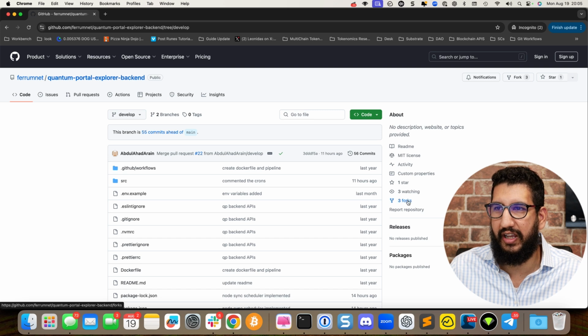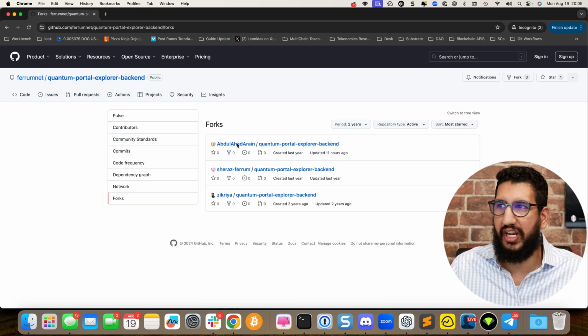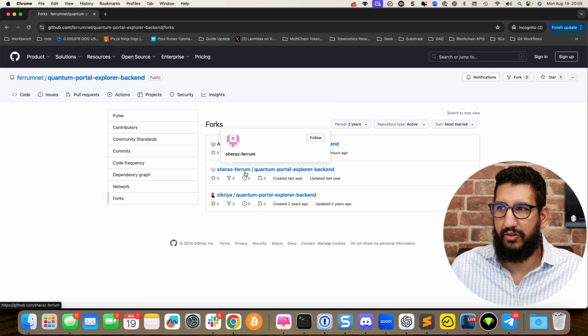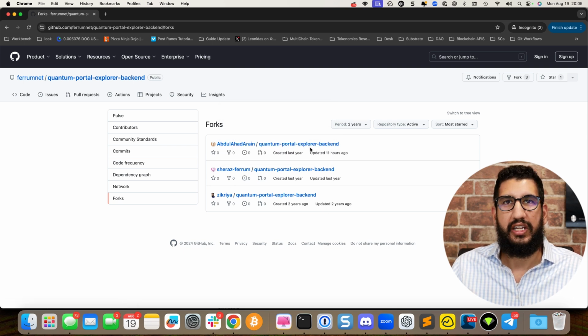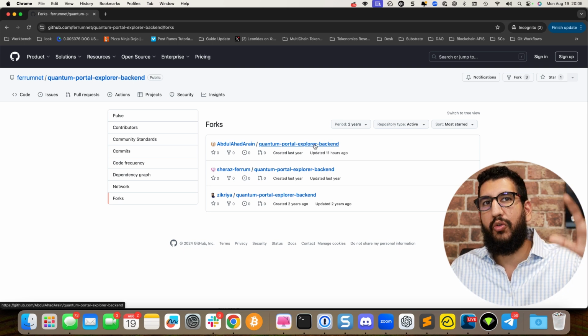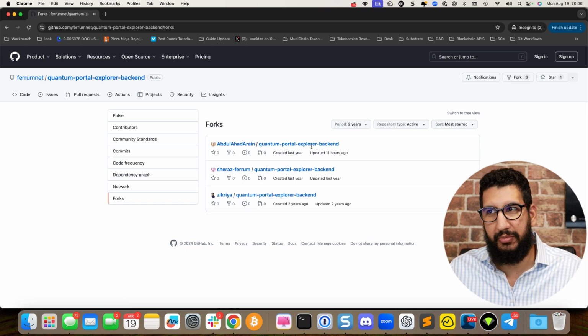So if you go and take a look at how many forks there are, you can see that for this specific project, there's a fork by Ahad, there's a fork by Shiraz, and a fork by Zakaria. And each one of these individuals will need to do the work in their own forks. They will need to test that work. They will need to get it approved, code reviewed, and then they can open a PR that can then be